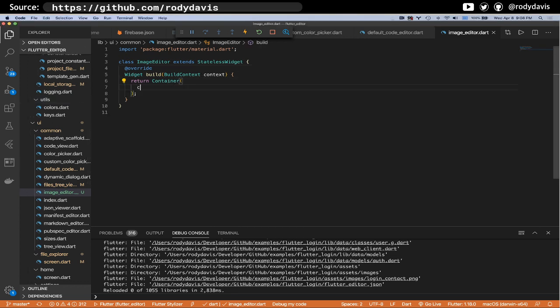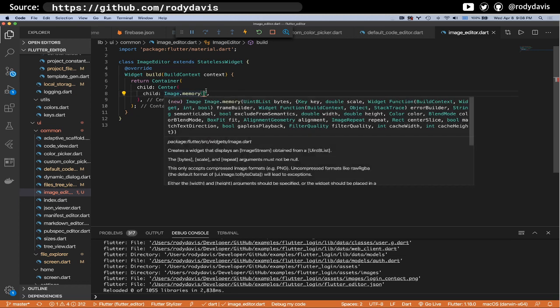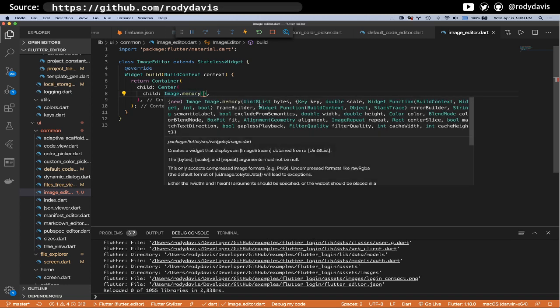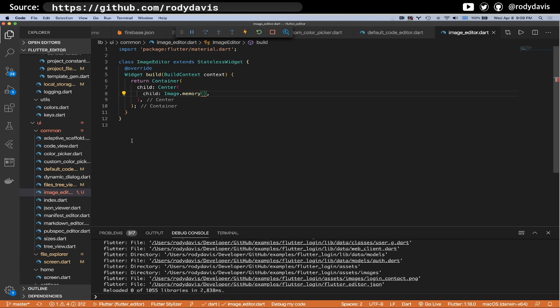Okay, let's do a center. Image dot memory. And we're going to create a byte array because we already have the bytes. Oh, we need to use my image class, which will be,